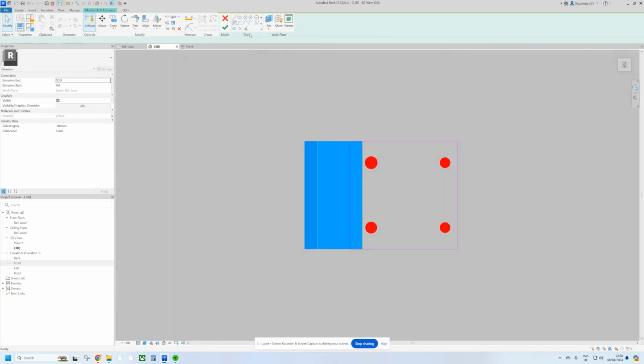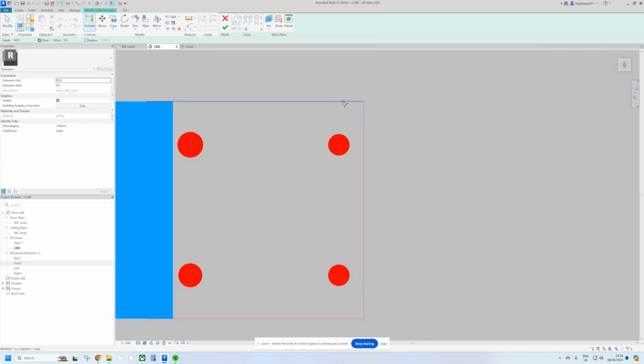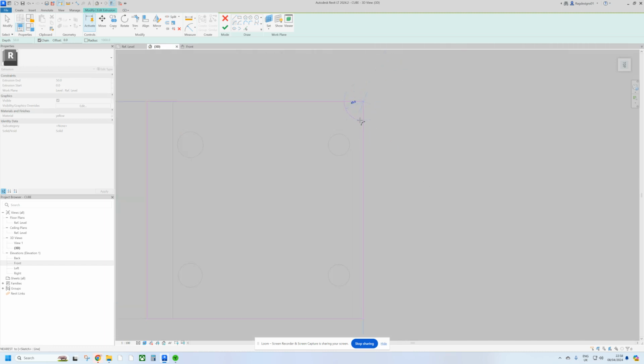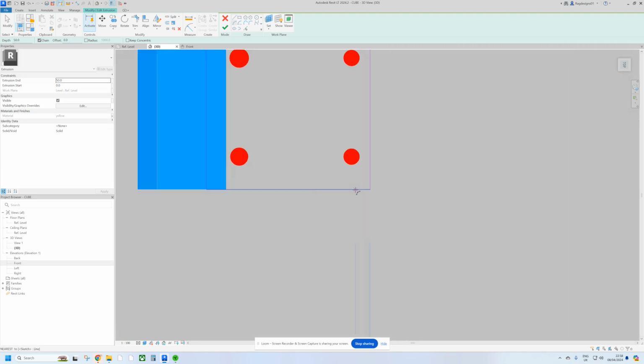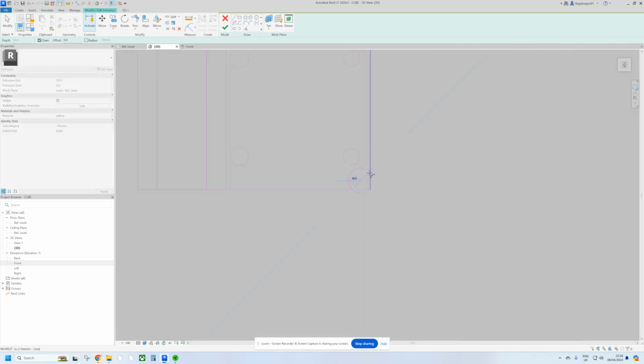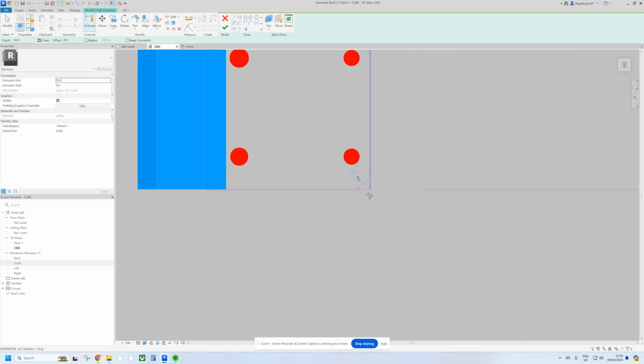So what we're going to do is use the arc tool to create some fillets at the front edge here. Now you want them at 45 degrees. Don't worry too much about the dimension yet, just bring them in like that, till it snaps, and then you'll trim it. So outside edge to there, to there,